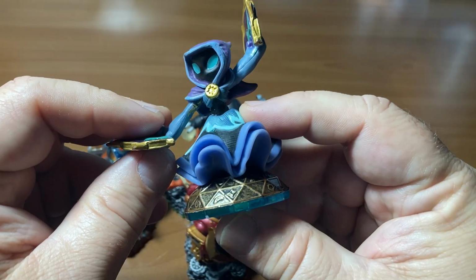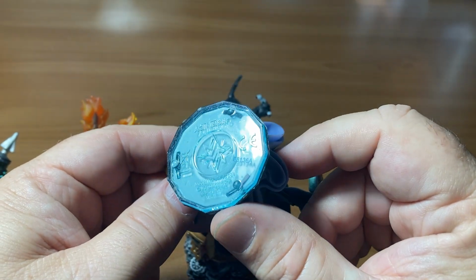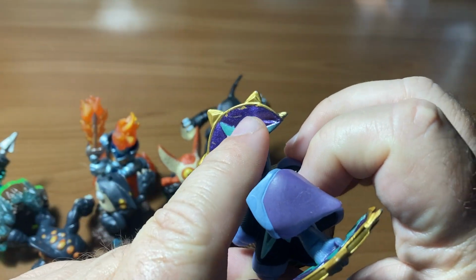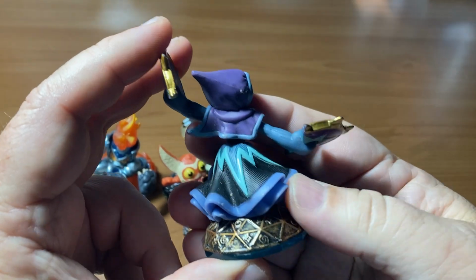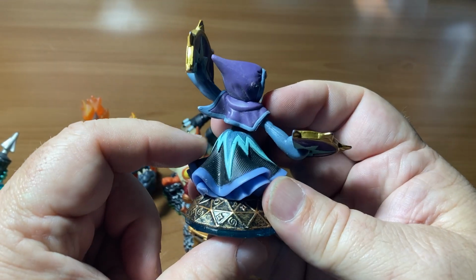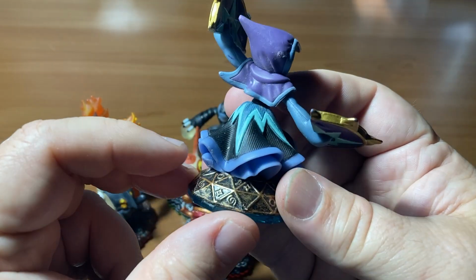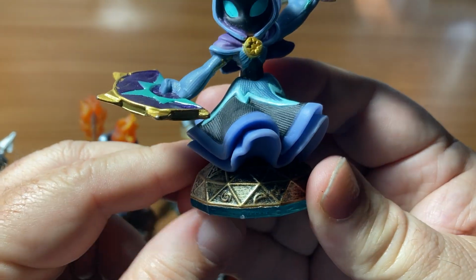And again, this one is Star Strike, and she is part of the Star or Celestial or something. I don't know. I'm still getting back into this, and I would love to find a way to actually do it. Now, she's got some paint things here, and it may have just been rubbed off because of whoever owned it before. But she's really got some nice colors. It's got the purples and the almost indigo blue, and then there's several different layers of blue. It's like a darker blue, a sky blue, and that one may be more indigo. And then she's sitting on what looks like a globe or a geo,